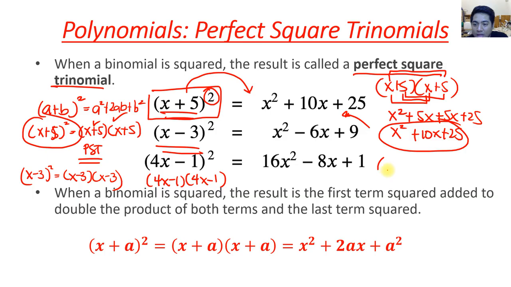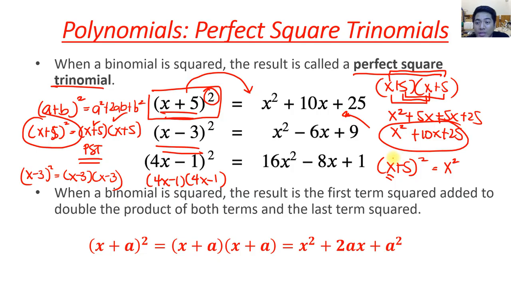But I can teach you that whenever we have a perfect square trinomial, you can have a shortcut. We know that if that is a perfect square trinomial, it will produce three terms, hence called trinomial. So the very first thing is you're going to square the first term, that is x squared, and the second term will be